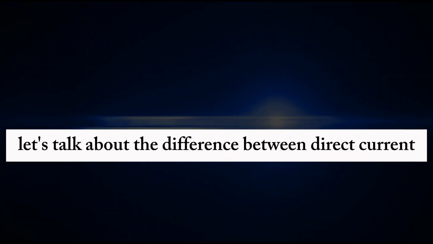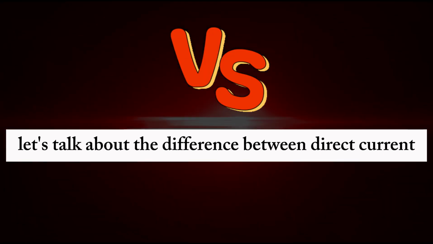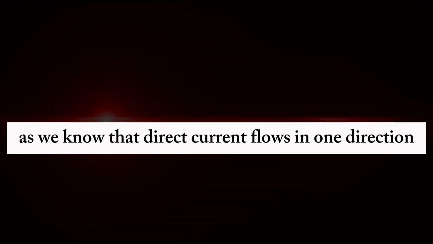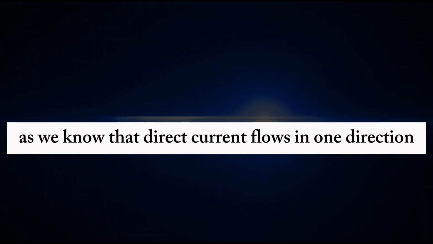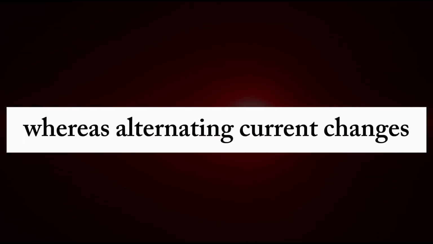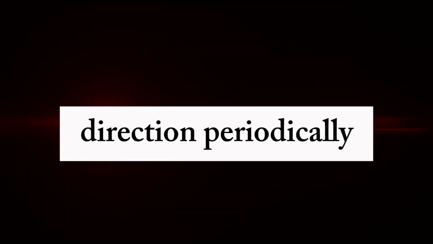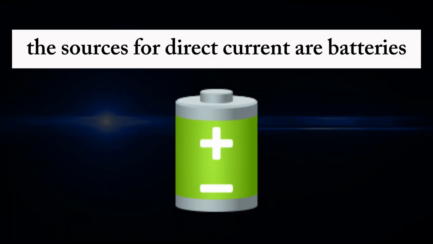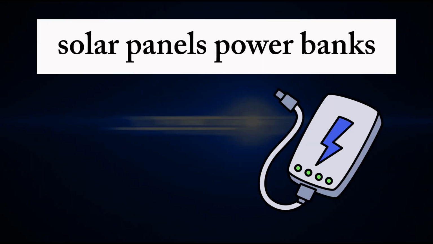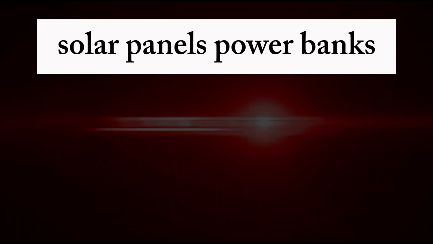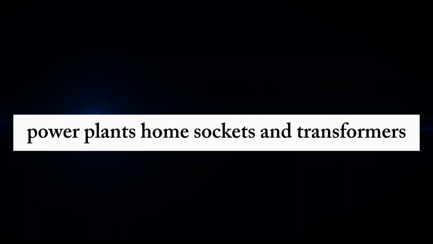Now let's talk about the difference between direct current and alternating current. As we know, direct current flows in one direction, whereas alternating current changes direction periodically. The sources for direct current are batteries, solar panels, and power banks, whereas the sources for alternating current are power plants,